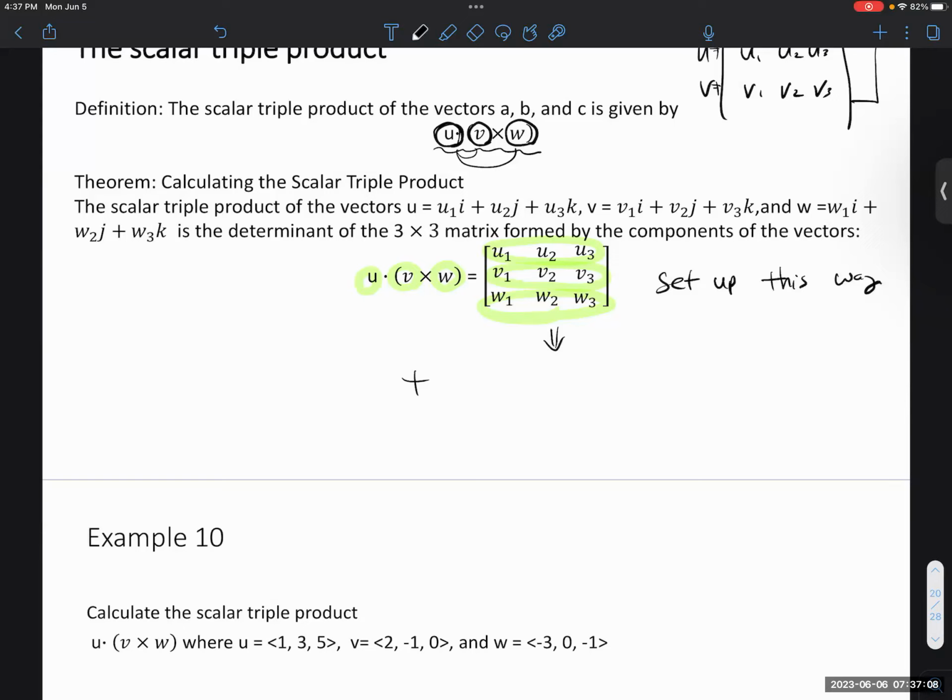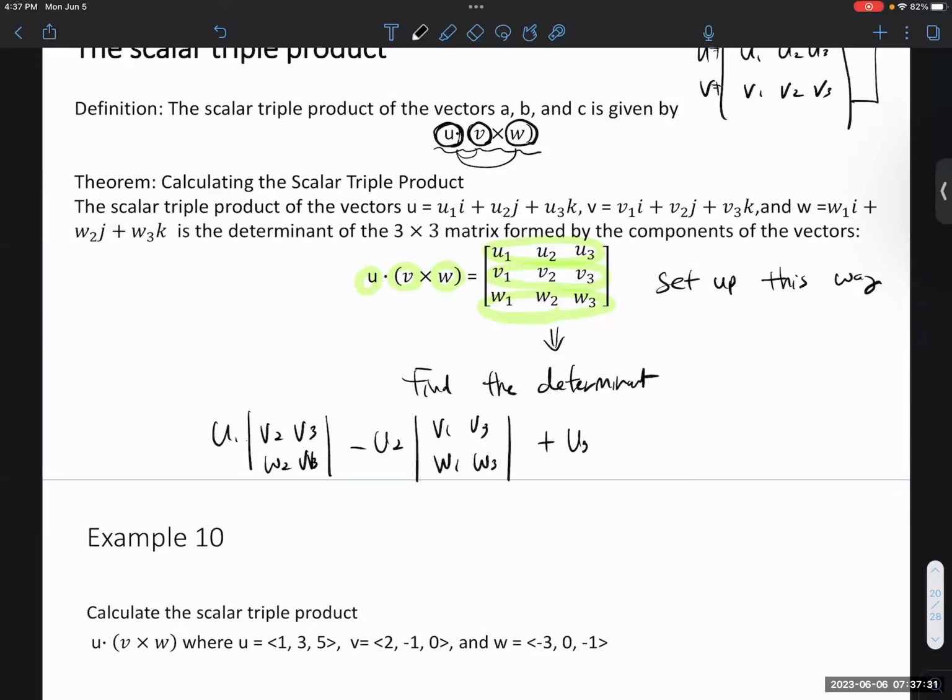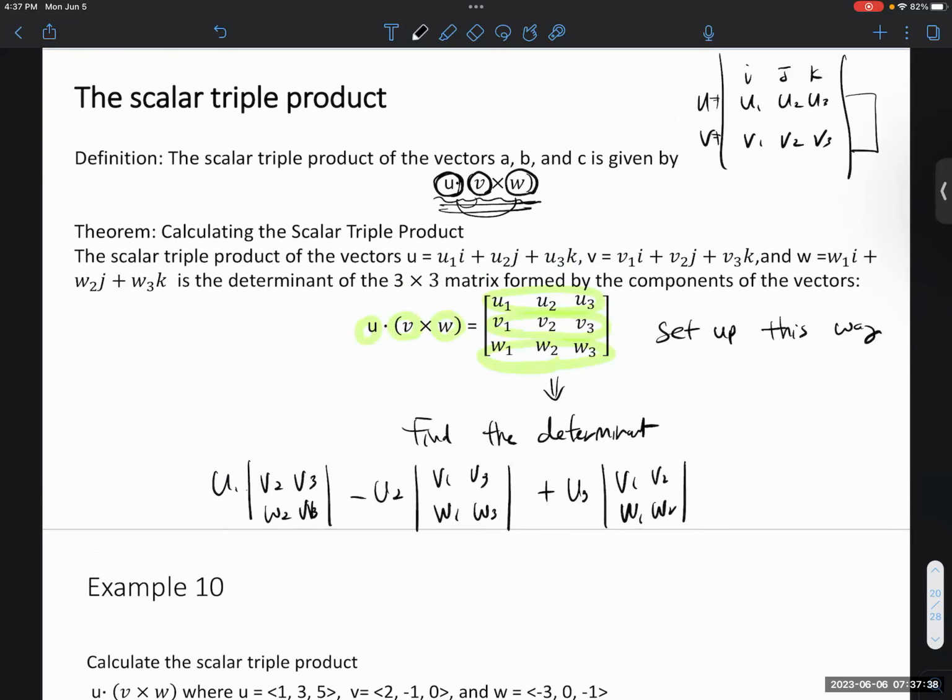And then find the determinant. That's it. So U1, V2, V3, W2, W3, minus U2, V1, V3, W1, W3, plus U3, V1, V2, W1, W2. Same way, although you have a 3 vector. I showed you actually at the beginning. So the 3 vector doesn't matter. You can find out